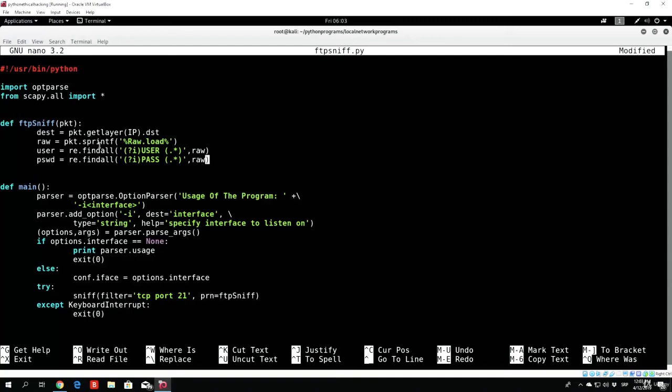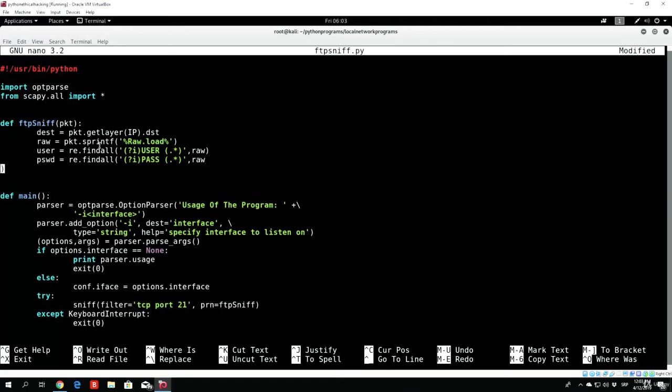So now that we specified the pattern in order to get the username and password from the FTP packet, what we want to do is print to the screen the IP address to which the username and password are being sent, which is the target server, any server running FTP. We want to print the username and the actual password. So let us see. Oops. We will check if user exists, so we can do that with if user and then the colon. We want to